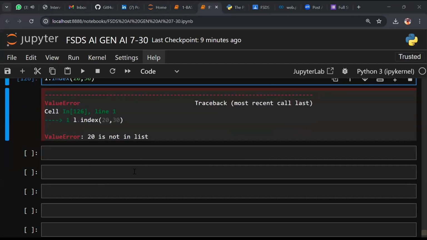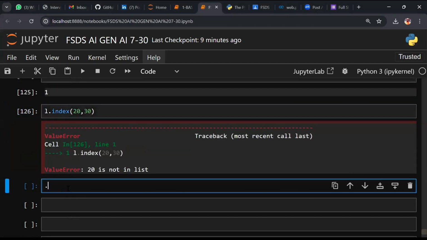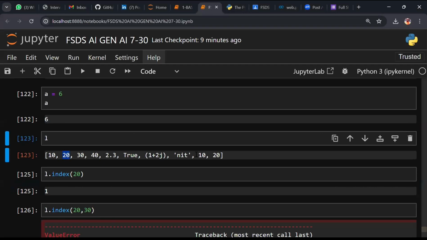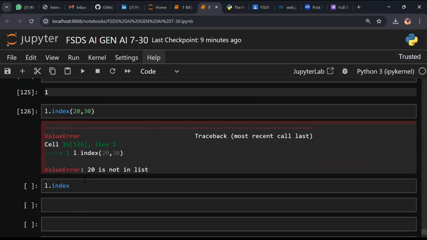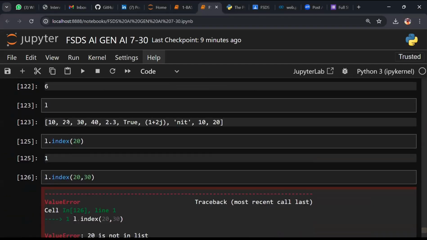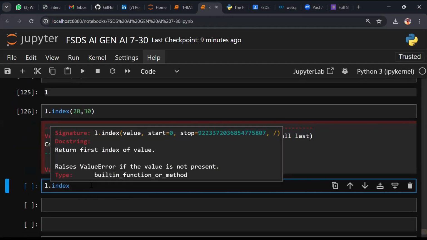But we have two 20s in the list. Good question. See, one student asked a question, very good, Sai Vasista. We have 20 twice, isn't it? 20, 10, 20. But which 20 do I need to go for? The first index or the last index? Shift tab: it returns the first index always.